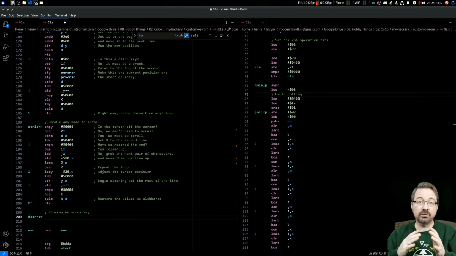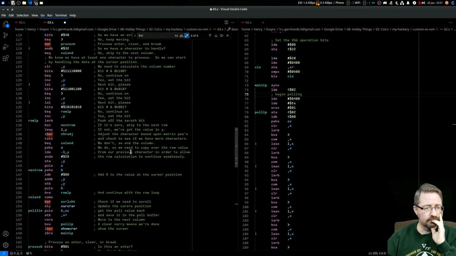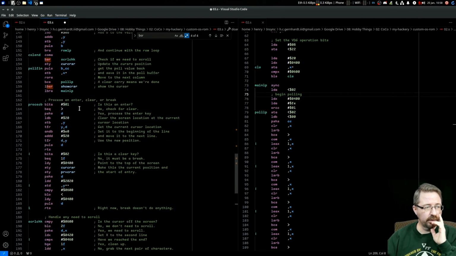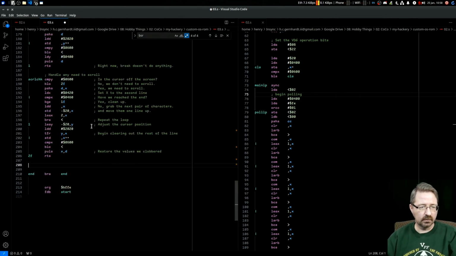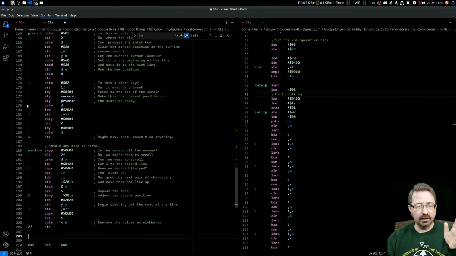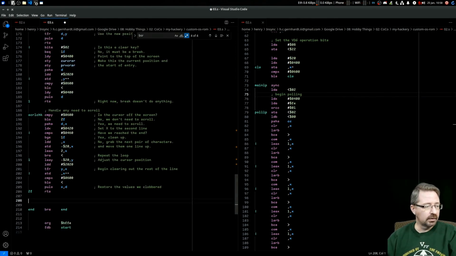So now, in this case, what we've got in register A is... where's that called? Oh, no. Okay, never mind. Okay, so we're not doing that yet. All right, so we've got our enter key. We've got our scroll check. All right, great. But now what we need to do is figure out what's actually being shown on the